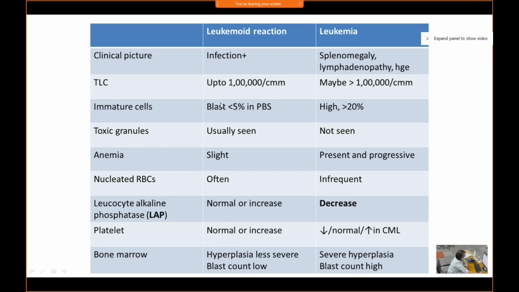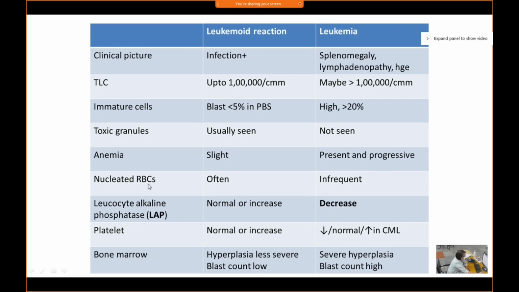Okay, toxic granules because of infection, this is usually seen. Here it's not seen. Anemia may be slight, here it is present, and progressive. Progressive is a very, very important word, because when a patient is admitted with you, you give the complete hemogram today. After 3-4 days, you again test the complete hemogram. If initially he came with 9 grams hemoglobin, and within a period of 5 days, his hemoglobin went down to 7, even though you have started him on hematinics or given a good diet, but the hemoglobin is still falling,